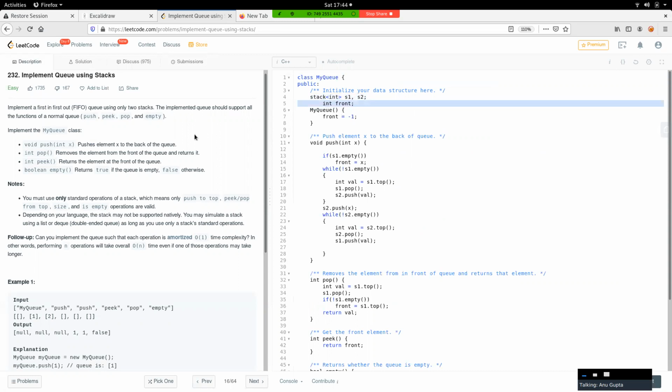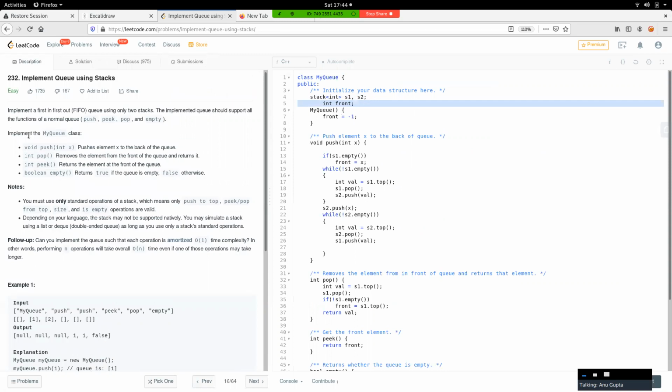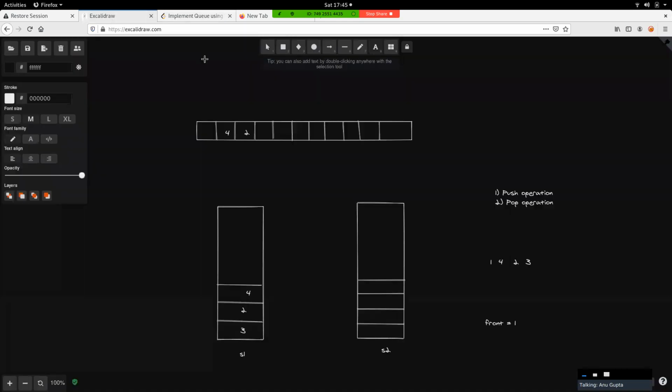And since my queue class is implemented here, as the question says, what we do is we just initialize the variable front to -1, right? And we have to make the push operation that takes one element that needs to be inserted to the back of the queue, right? What we do is, as we discussed, we are taking two stacks and we are emptying from the temporary stack to the main stack here, right?